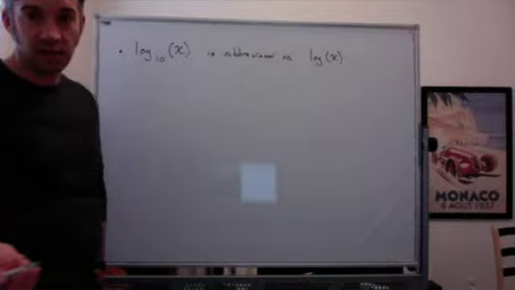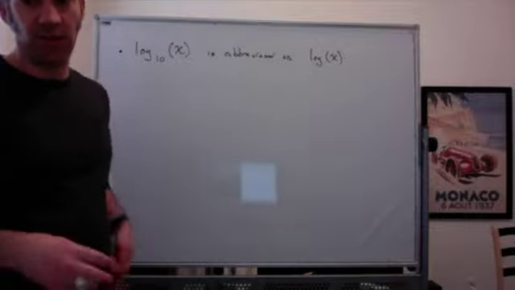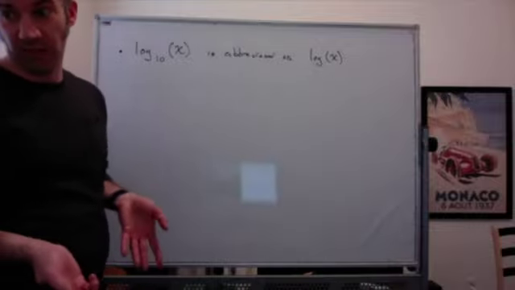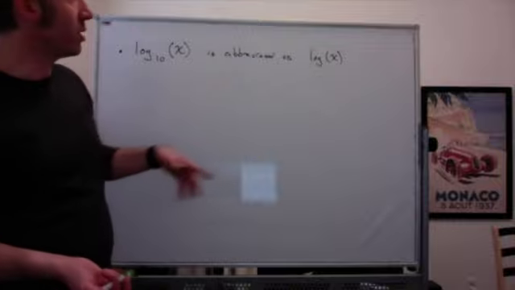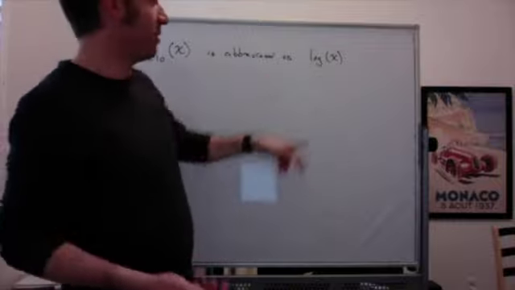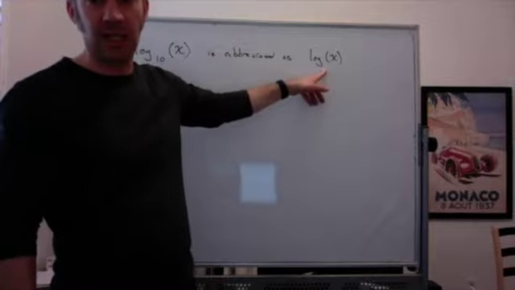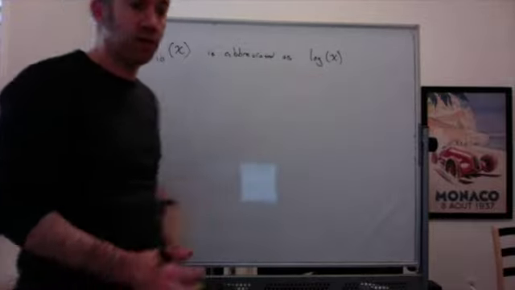Log base 10 comes up so often that we don't want to write the base 10 every time. So we just decided that we're going to write it as log of x. And we will all agree together that if someone writes this, they mean the base is 10, they just haven't written it. So for example,